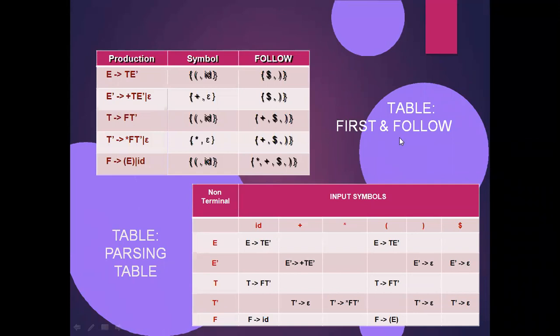Right? Is it clear? And now, this is an unambiguous grammar. Why? Because there are no double entries in the cells. Only a single entry is there wherever we represent a cell. So if you get such a parsing table, then we can define that the given grammar is an unambiguous grammar. Now, see the second example.